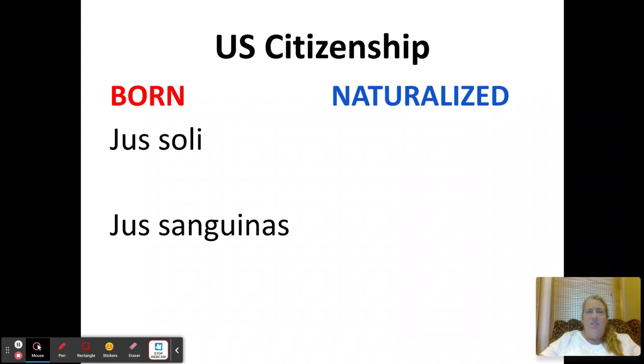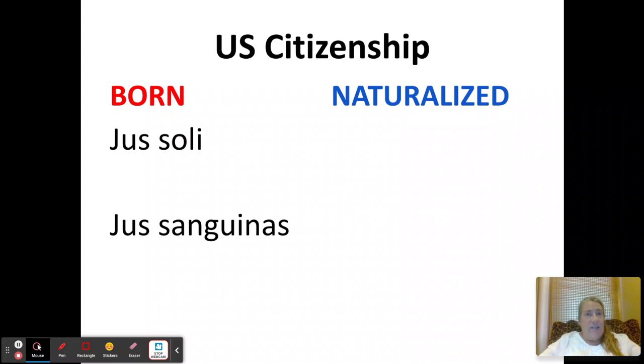So the United States is unique compared to other countries, because in most countries citizenship is through the blood. Okay. So I have two Latin terms here for you to look at: jus soli and jus sanguinis. Jus sanguinis is by the blood. And my Spanish speakers would know what sangre is, because that means blood. So, by the blood, that's a Latin term for you are a citizen if you have the blood of a U.S. citizen parent in you.